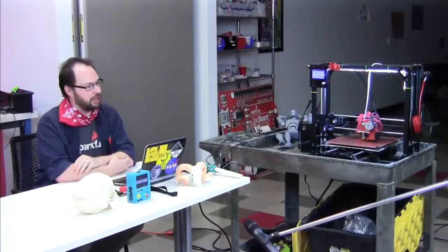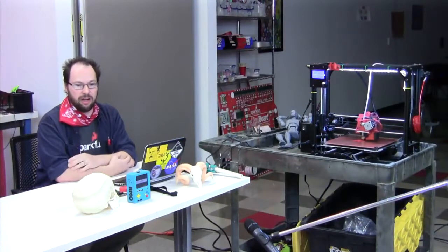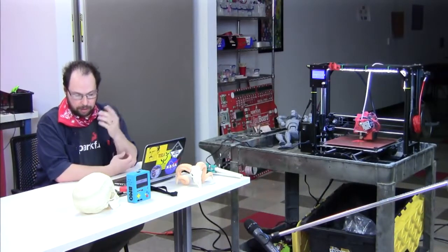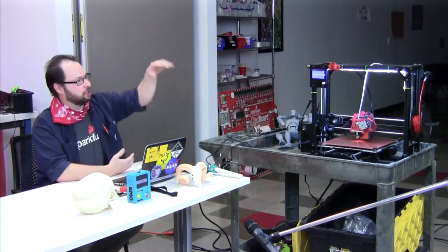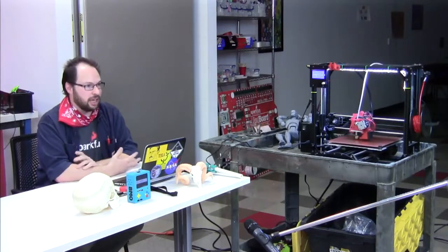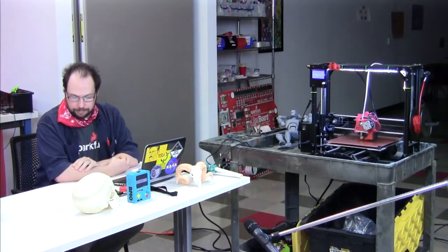I've made plywood enclosures for both this version and for my home version, which is my personal printer. It's just a box that goes around it, keeps the drafts out, keeps the cats out. It's great. And Lulzbot actually carries an enclosure as well that is not plywood. So if you want something a little bit more refined, a little less homemade looking,